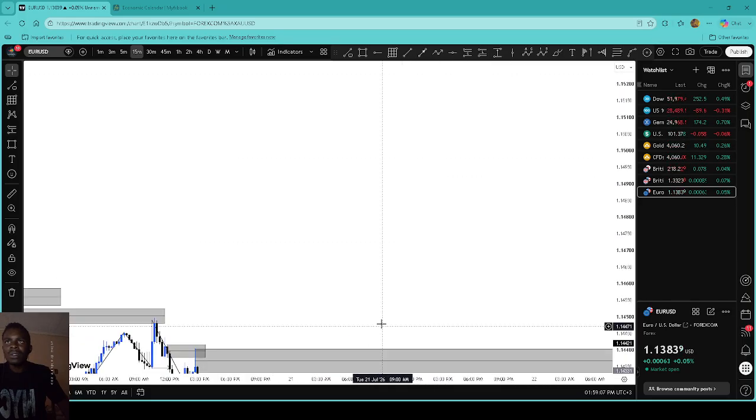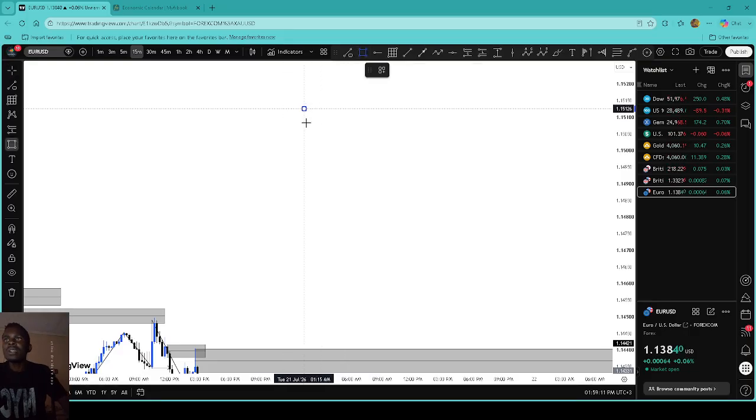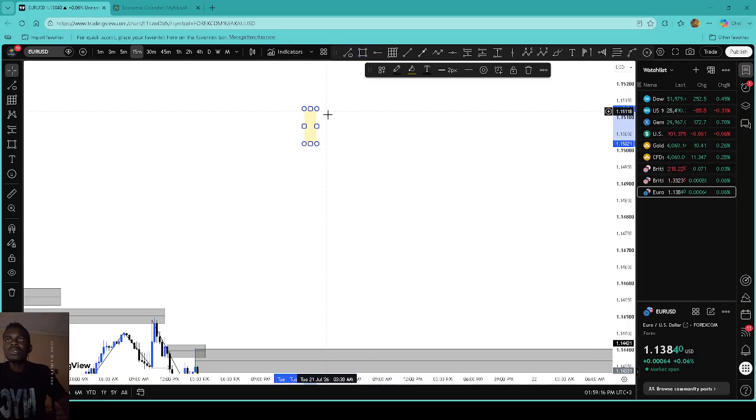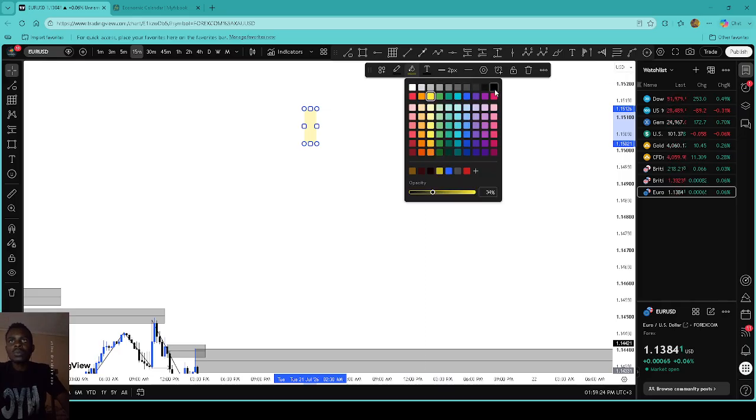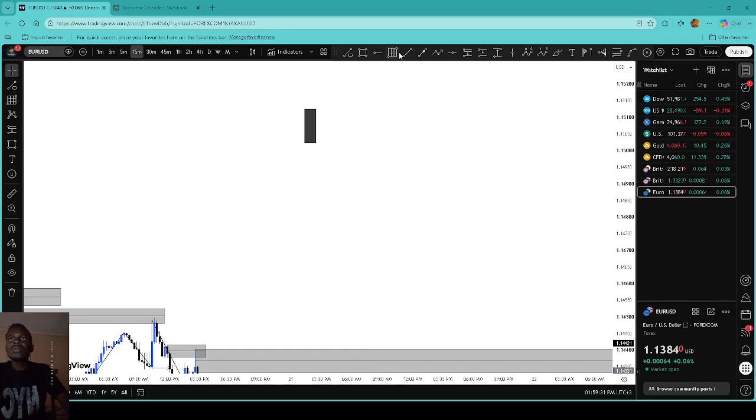Now, let's see how a fair value gap forms. Let's say this is our first candle. Let me use a brighter color, like black. So we have this candle over here,